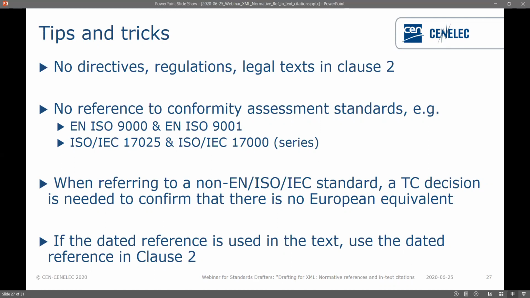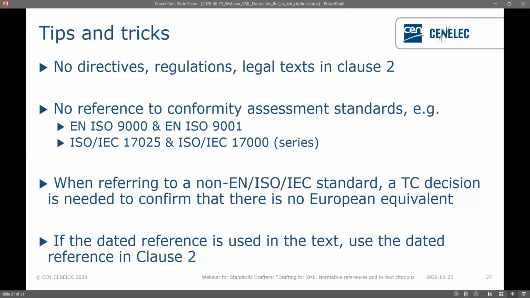It can block a text. So if you do have any normative reference to regulations, directives, or legal texts, just be aware that we will make them informative and then we will let you know. So it's better for you just to make sure they are purely informative before you submit the text to us. If you're not sure, please do get in touch before you submit anything and we can let you know.